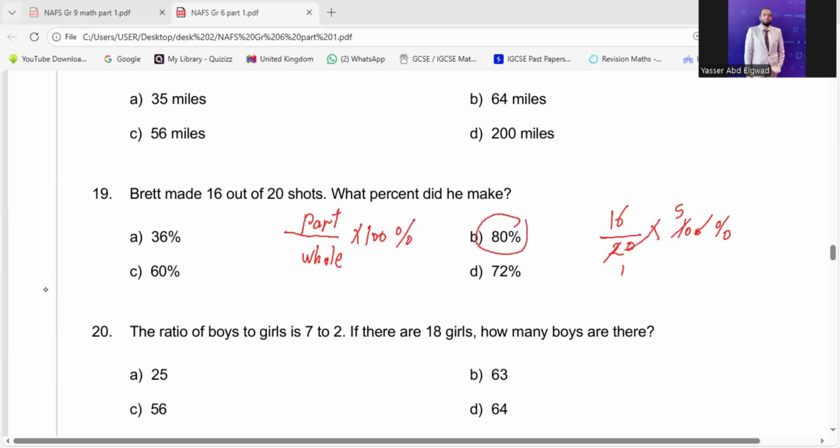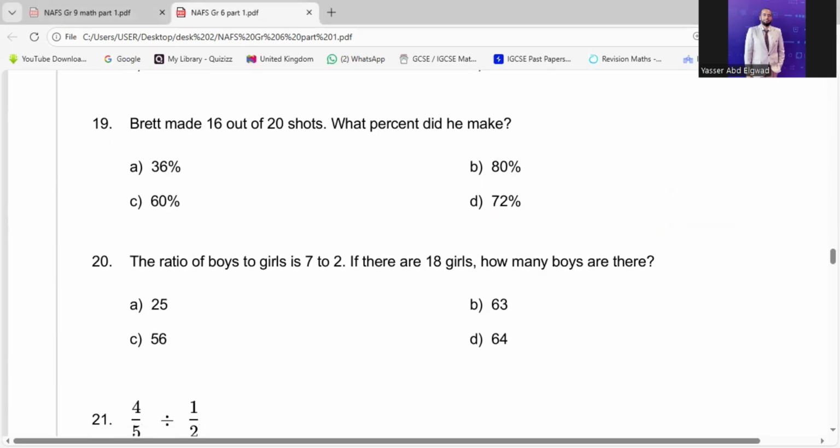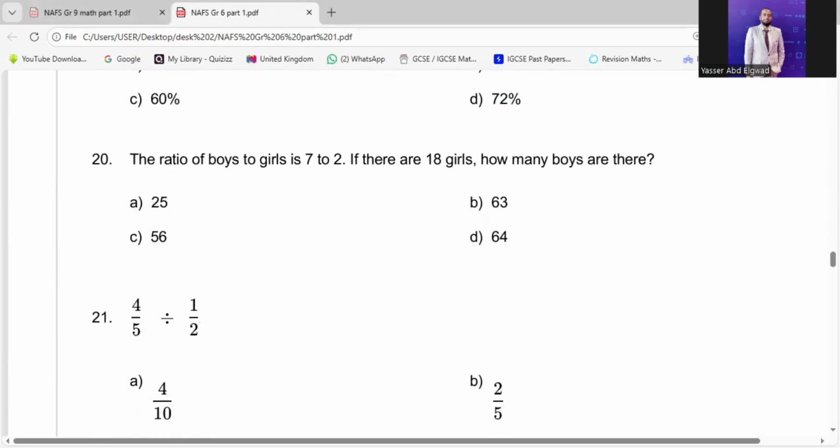The next one, 20. The ratio between boys and girls is 7 to 2. How many boys are there if you have 18 girls? We can do a cross multiplication, as we said: 7 multiplied by 18 over 2. 18 divided by 2 is 9. 9 multiplied by 7 is